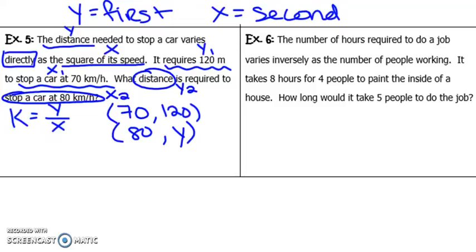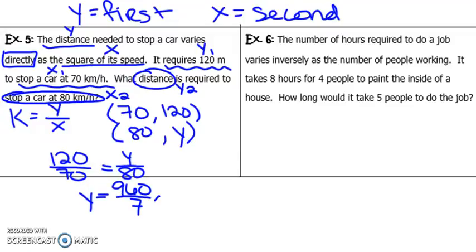Since it is a direct variation, we need to divide. So I'm going to take Y over X, my distance over my speed, 120 over 70 is equal to Y over 80. We would cross multiply and divide. You should get Y is equal to 960 over 7, which, and I know we like to keep fractions in